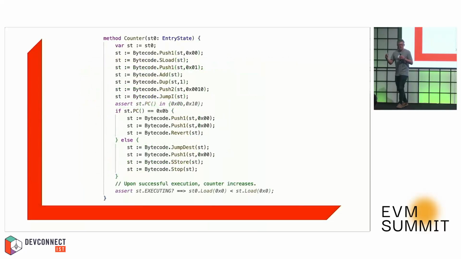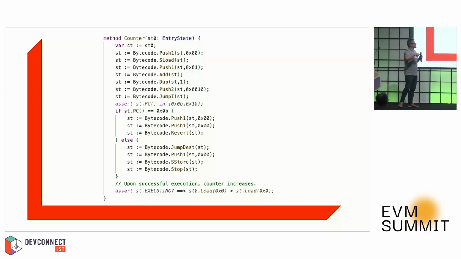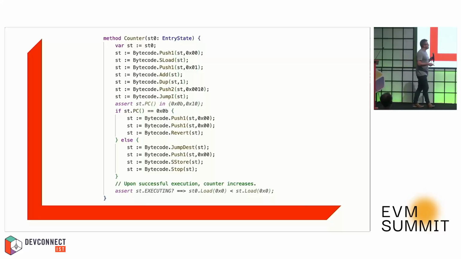So this is a complete contract. It's a counter contract. So whenever we call the contract, it increments this counter, which is stored at storage location 0, just increments it by 1. In a highly unlikely event that the counter should ever overflow, then it will revert. All right? And so we've got kind of 2 paths of control through this